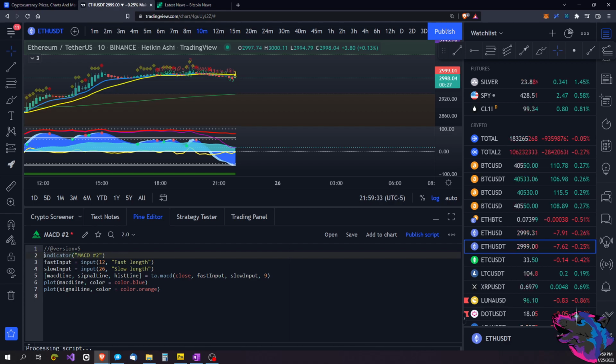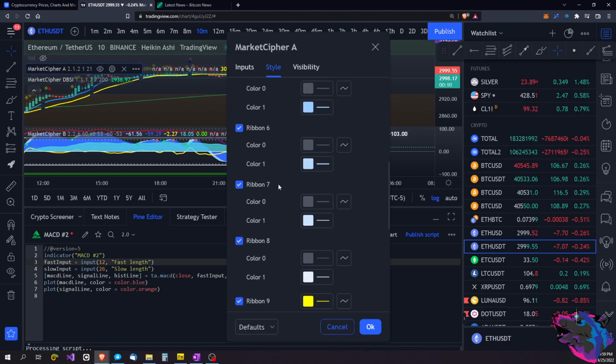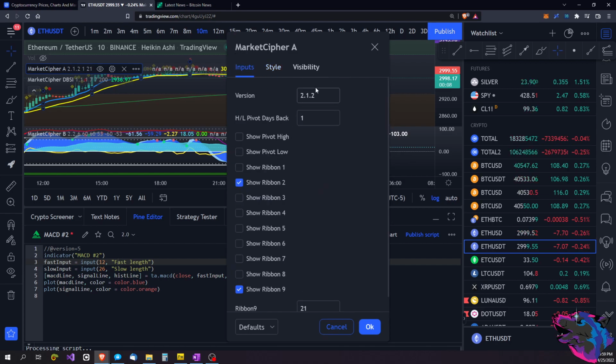And so in this case, it's going to be an indicator. And then here's going to be your title. As you can see, the title showed up here. When you go and put it on the chart, that's what shows up there. And then if you're familiar with other indicators, how you have all of these little styles, and then over here